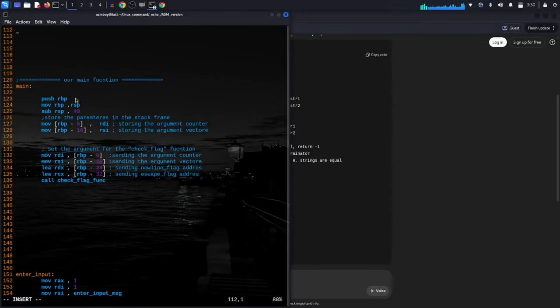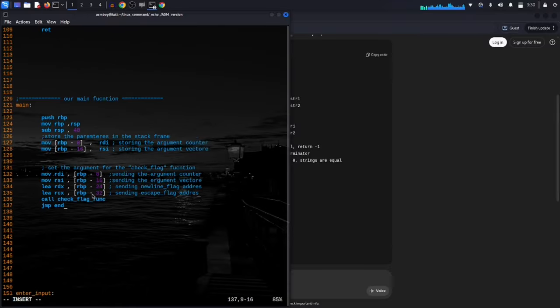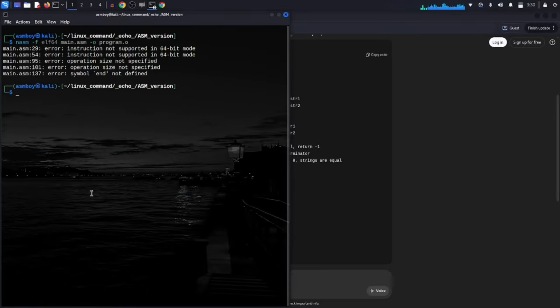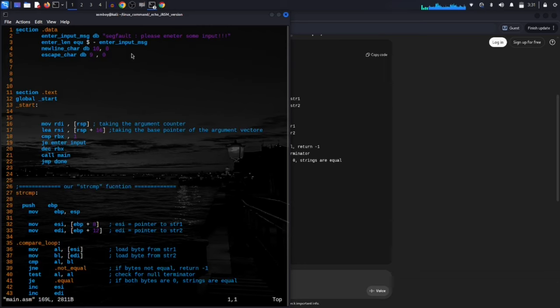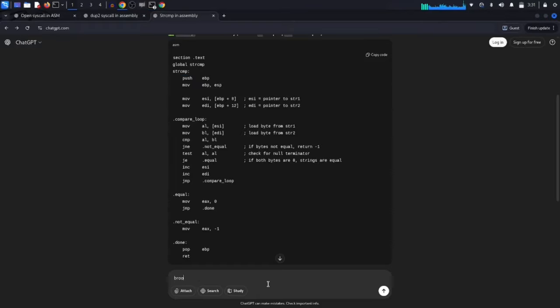Then we call our main function, push RBP, subtract 14. Alright, call check flag function, jump to the end please. Alright, good. Alright, let's do NASM. A lot of problems. Good. In the line 29 we have instruction not supported. Good. Let's see what's going on here. Push EBP. No,